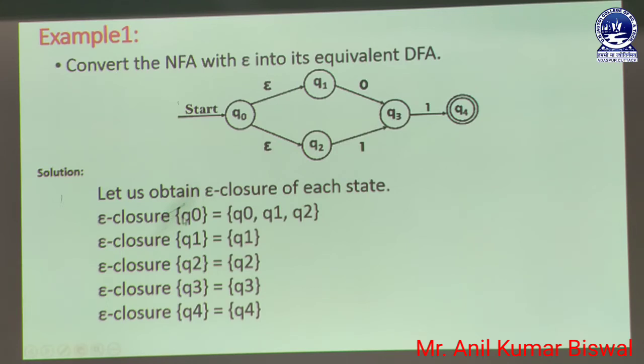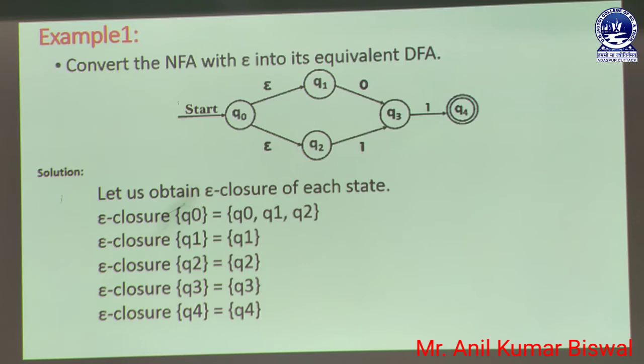If you are going to calculate the epsilon closure of Q0, that means in that case Q0 is a common part of that epsilon closure. Then we have two more states, that is Q1 and Q2. Similarly, whenever the user is going to count the epsilon closure of Q1, that is Q1, because it is self-directed. Whenever it is self-directed, in that moment it is known as Q1. So here Q1 is its own epsilon closure.